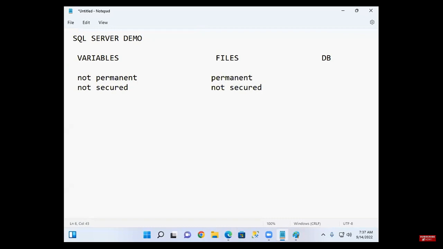You created the Excel file. Can I open that Excel file? Yes or no? Can I work with that data? Yes. Files created by one user can be accessed by another user. So it's not secure.